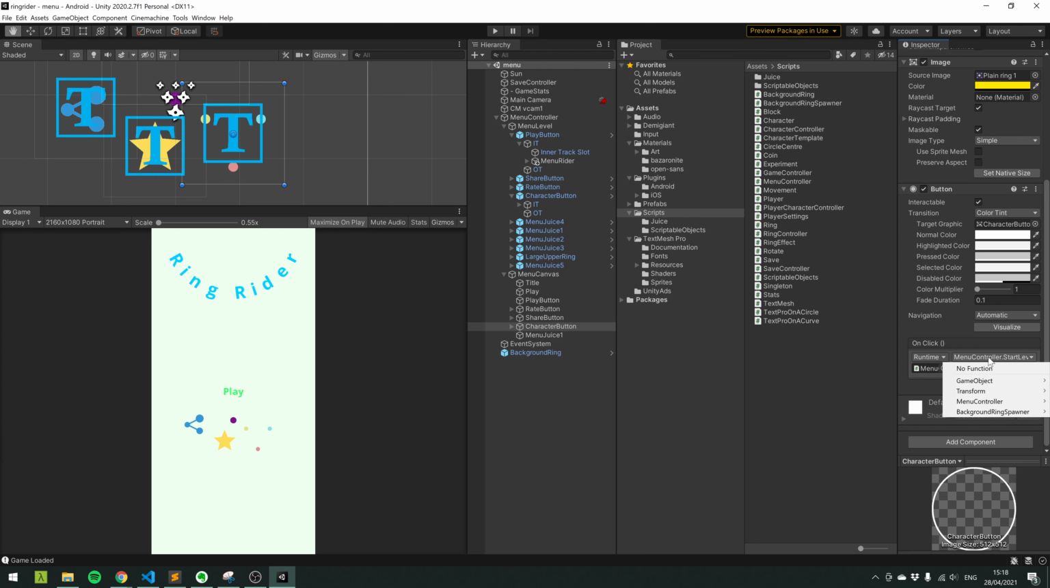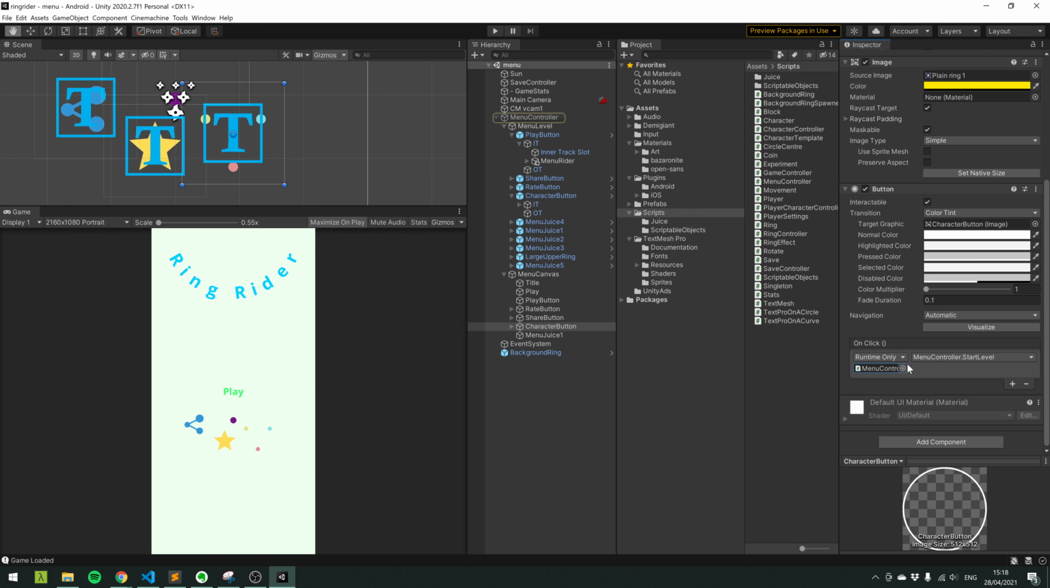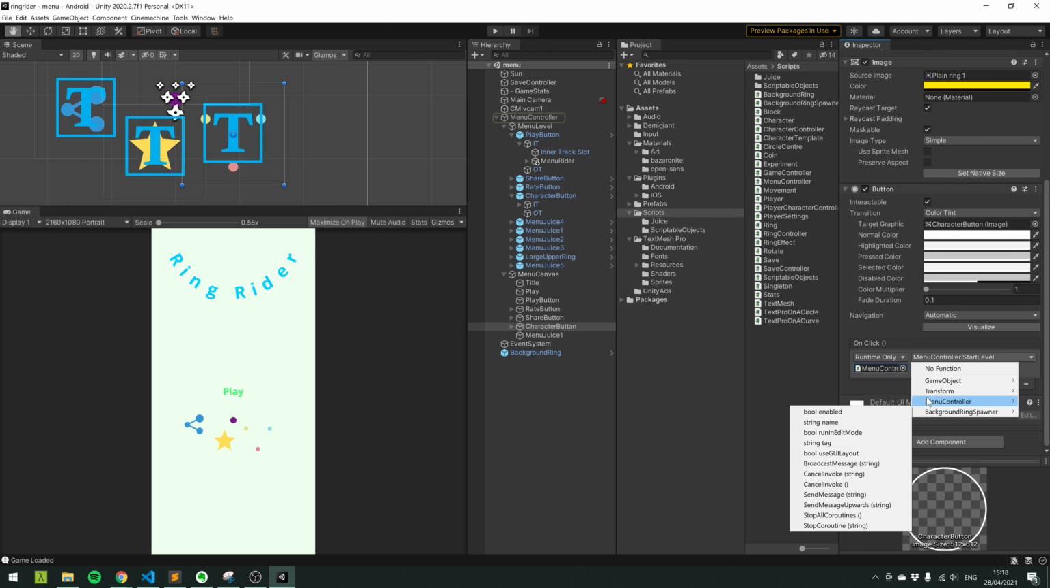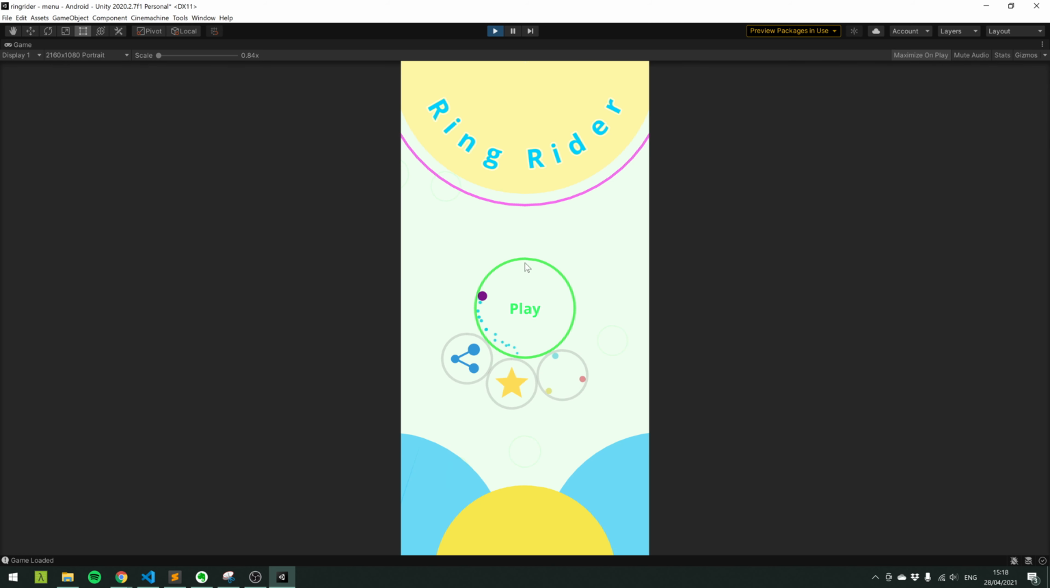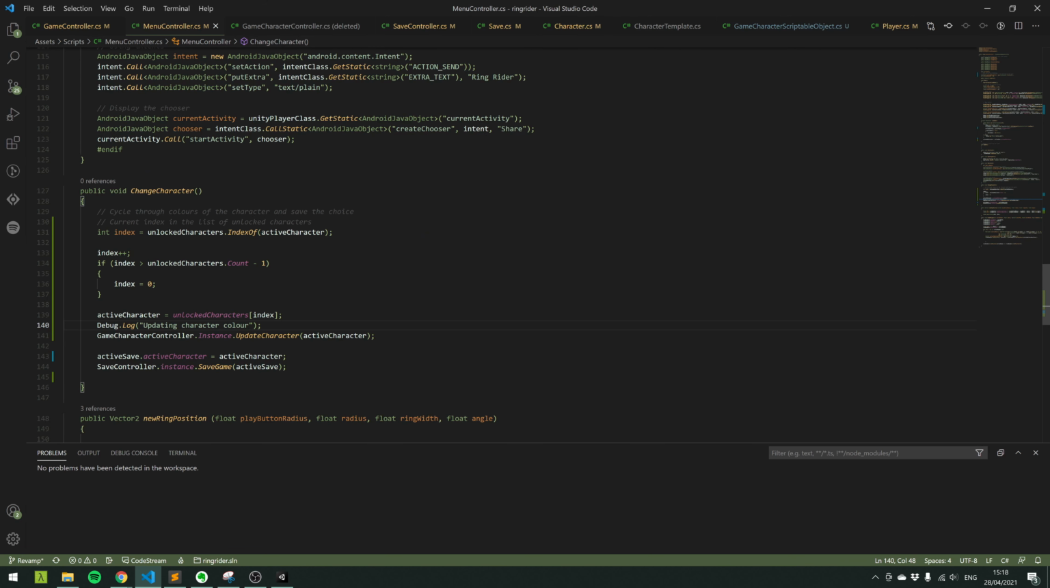At the moment it's been set to start level, so it's already got the menu controller as the script it's going to be looking at, and remembering that whatever we're calling has to be public so that it can be accessed from our own, I believe. We just say that instead of starting the level, we change the character. Let's see what that does. So we're going to play. We've now changed what this button does, and it says the index is out of range. So maybe the index wasn't initialized first of all. Index of active character. Because we haven't loaded